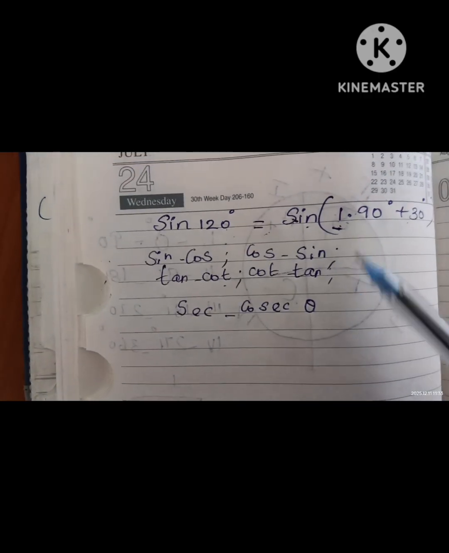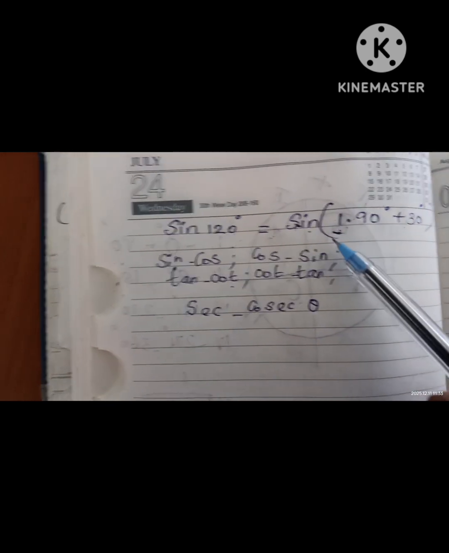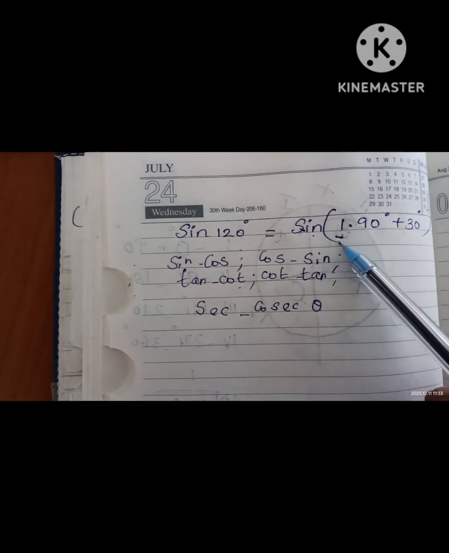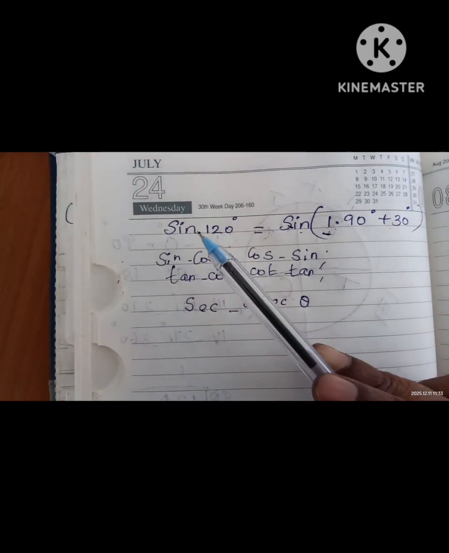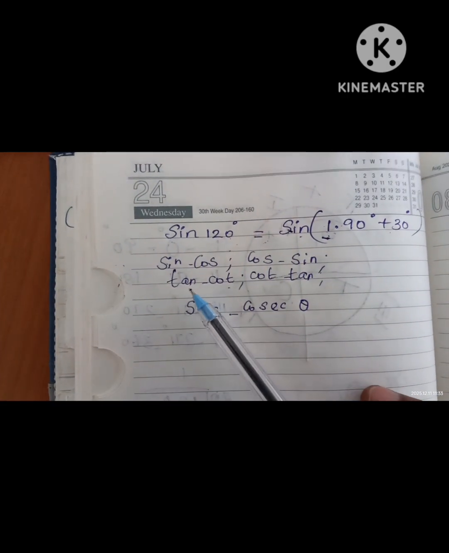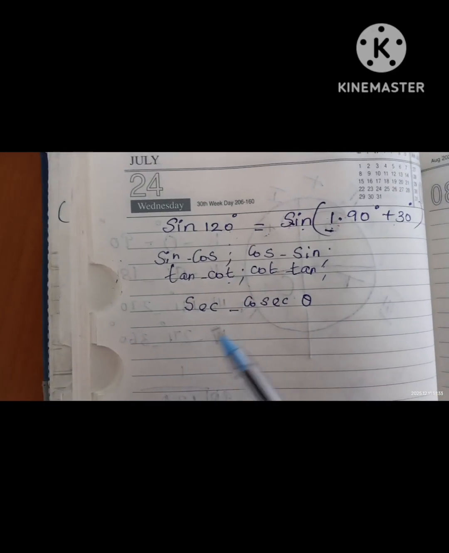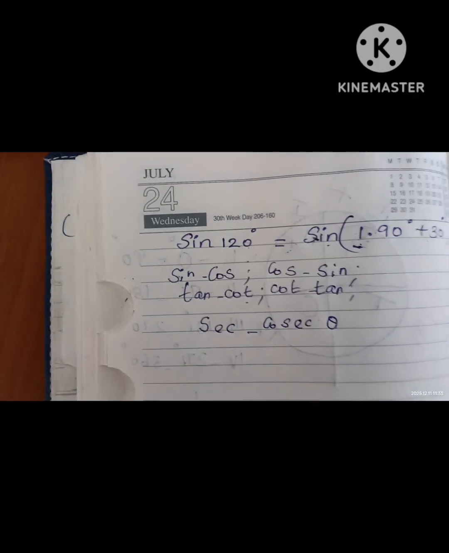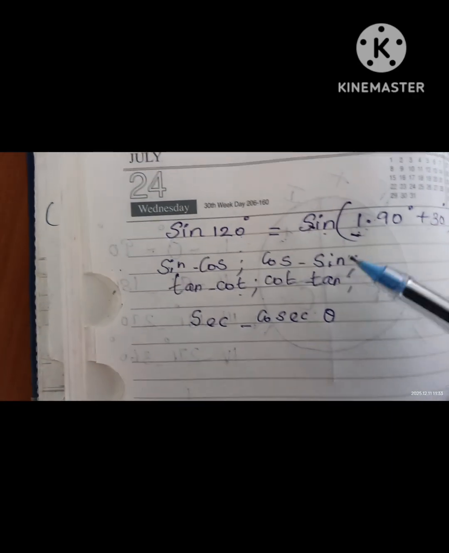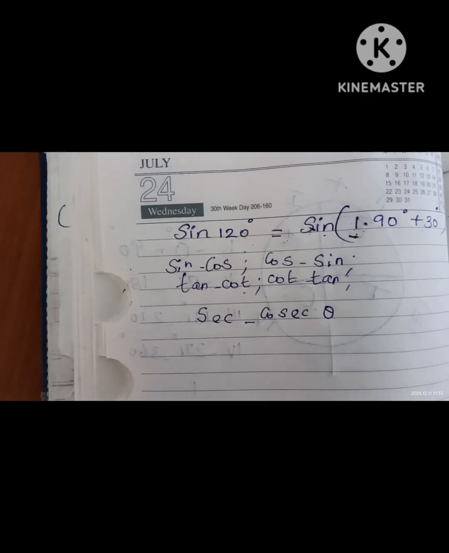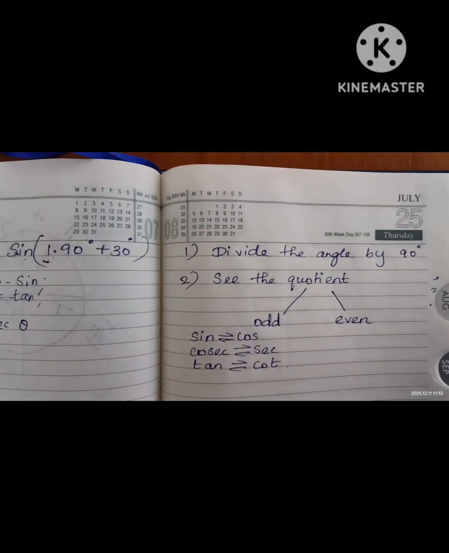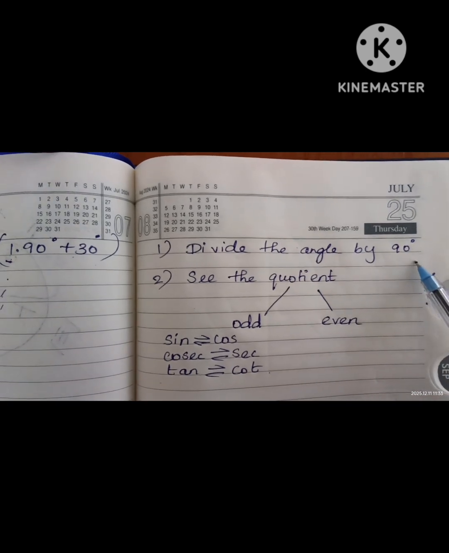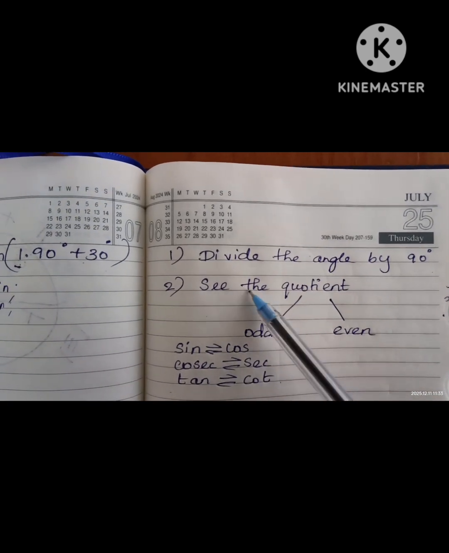Suppose this number is even, for example 2 or 4. If this quotient is even, we should not change. Sine remains as sine, cos remains as cos, tan remains as tan. There is no change if the number is even. If the number is odd only, we have to change. Okay, now what is the first step? Good. The first step is to divide the angle by 90 degree,